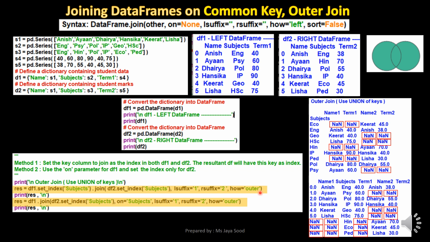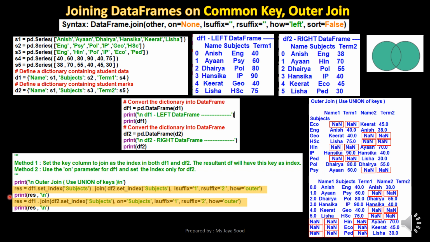An outer join will now be created by using all the subject values from the left data frame and all the subject values from the right data frame. If a matching subject row is not present in either of the data frames, then the corresponding values will be NaN. The index for the resultant data frame will be the subject values.